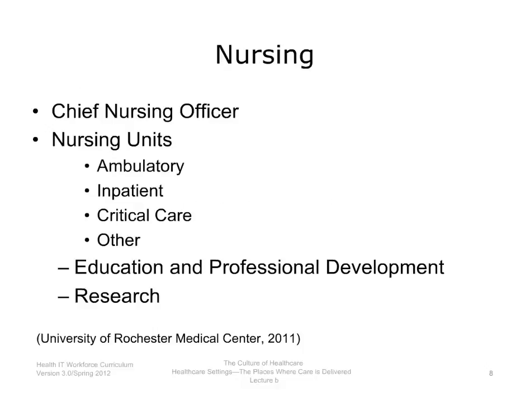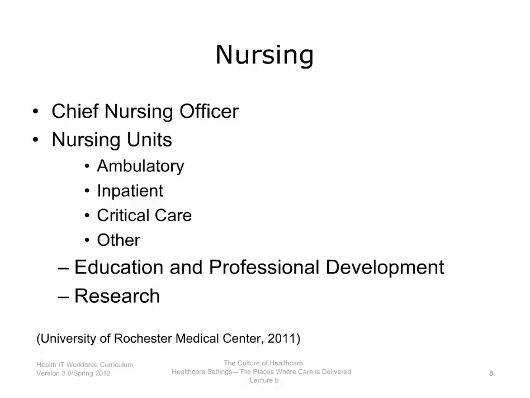The nursing division is typically headed by the Chief Nursing Officer, who reports to the Chief Executive Officer. Nursing is responsible for managing and staffing all the nursing units. This includes ambulatory units that may comprise primary care or specialty clinics. There are also a growing number of ambulatory surgery or procedure nursing units. Inpatient nursing units are where patients admitted to a hospital are managed and given care. This would usually include pediatrics, medicine, surgery, and obstetrics gynecology, but may also include subspecialty units like orthopedics, oncology, or